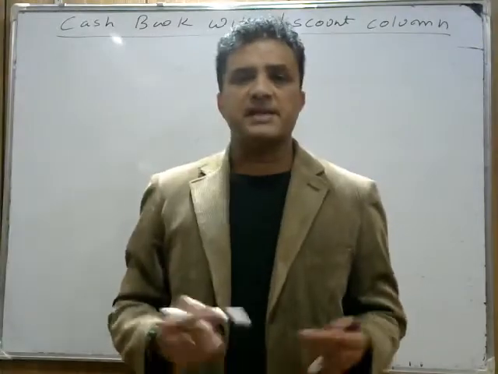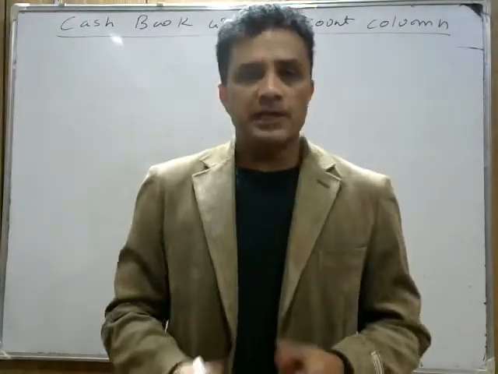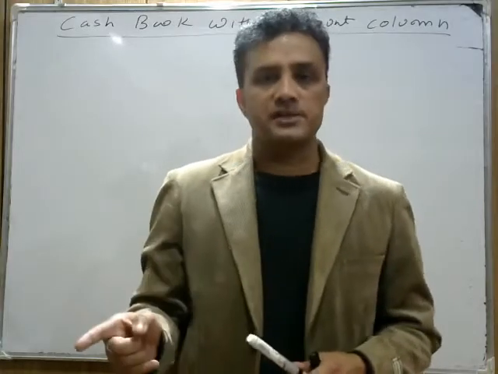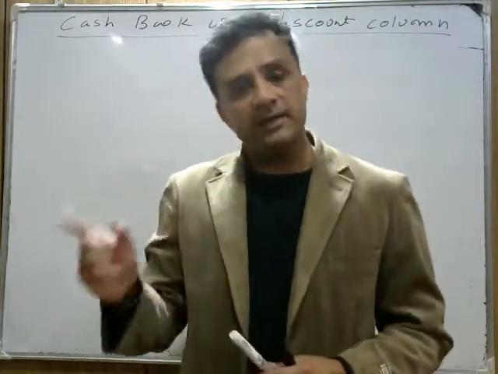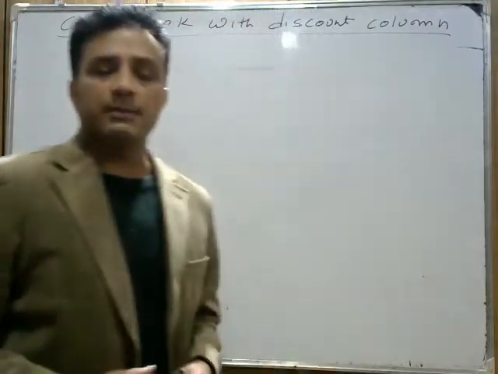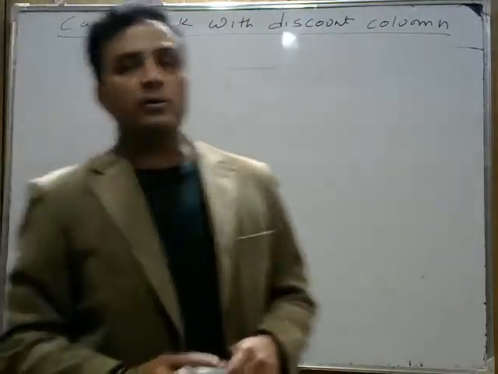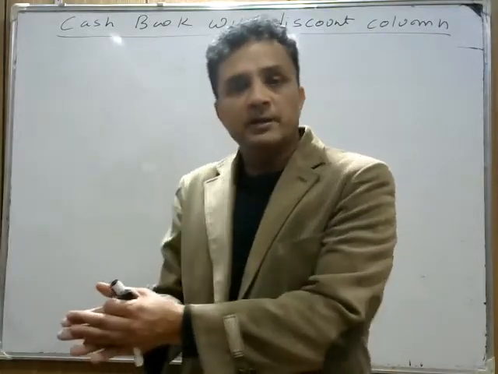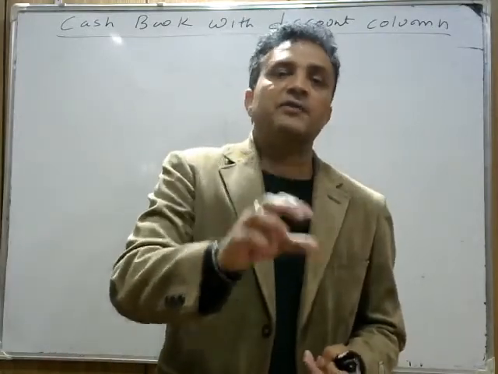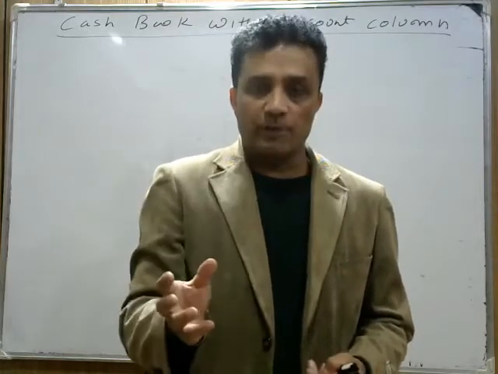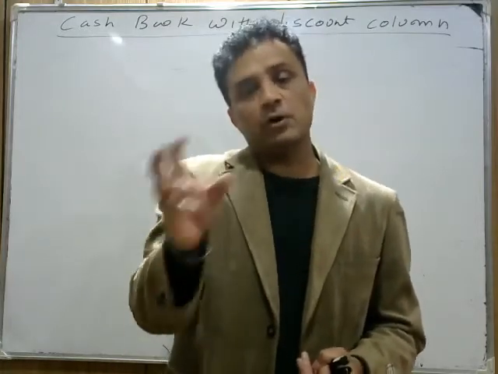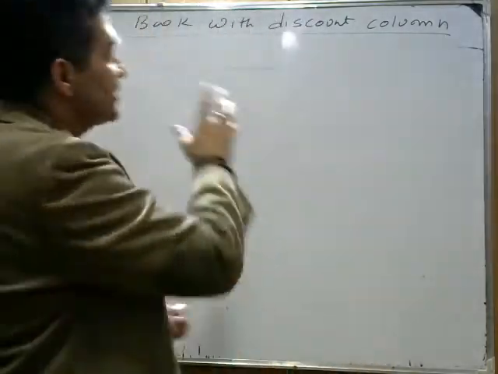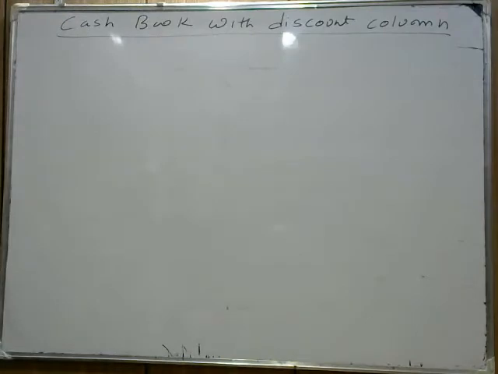Now, some people mistakenly say that these are double column cash books. It's not a double column cash book. Of course, we have double columns in that, cash with discount on both the debit and credit side, but we cannot call it a double column cash book. The double column cash book we will study later, with a bank column in it. When the bank column is added with cash, we call it double column, and when a discount column is added with cash and bank, we call it a triple column cash book. But here we are studying the cash book with discount column.